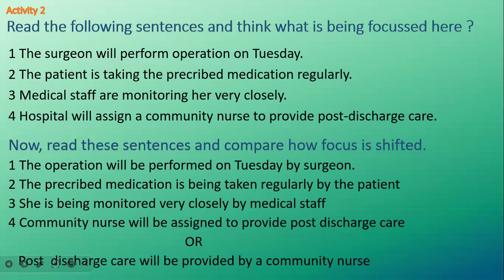In OET, in the letters that we write to the reader, the recipient has to focus on the patient or the care plan or the treatment part. So this is why rather than telling them who is doing it or medical staff are monitoring it or hospital will assign it, we don't want to focus on us. We don't want to focus on our staff. We don't want to focus on our hospital. We want to focus on the patient, on patient's treatment, on patient's care plan. So this is why we make passive sentences.